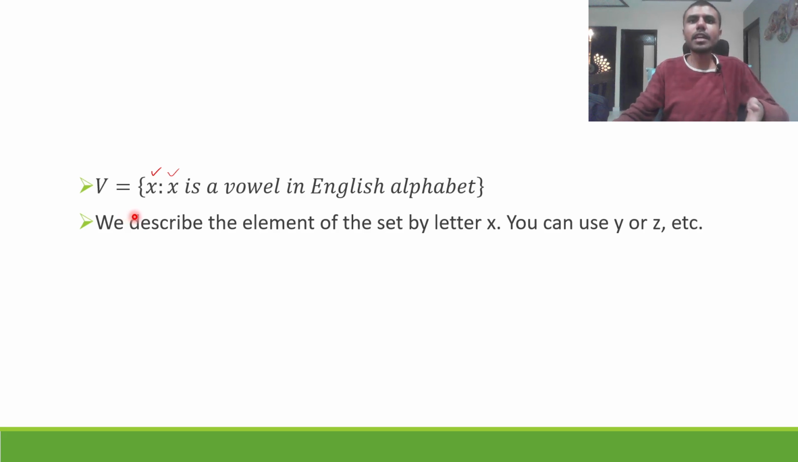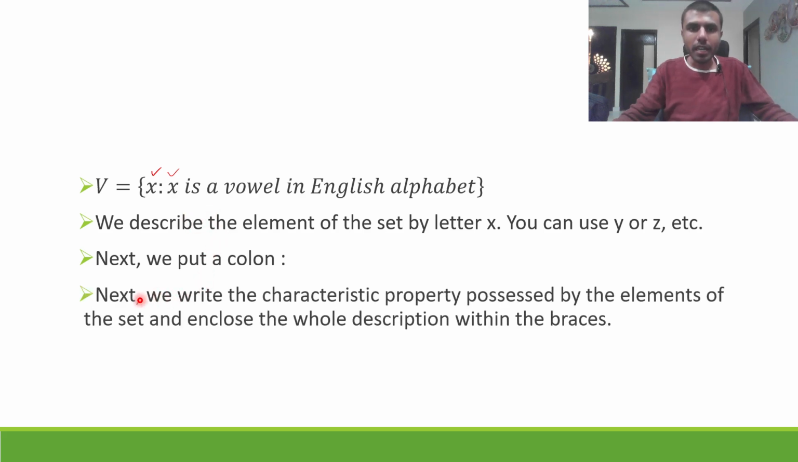But in general, we are used to using the element X. So trend follows the same trend, history repeats. Okay, next we put a colon. Next we write the characteristic property possessed by the elements. What is this characteristic property? Characteristic property is that same single common property,